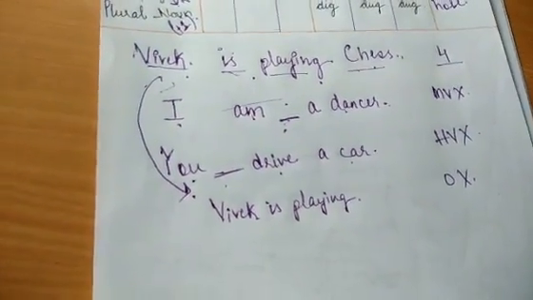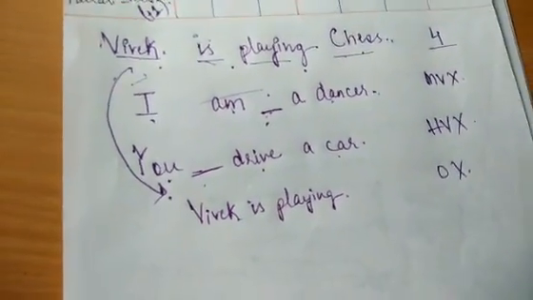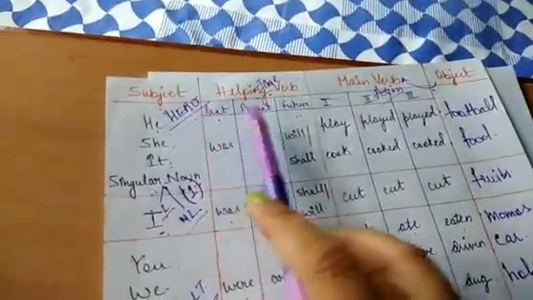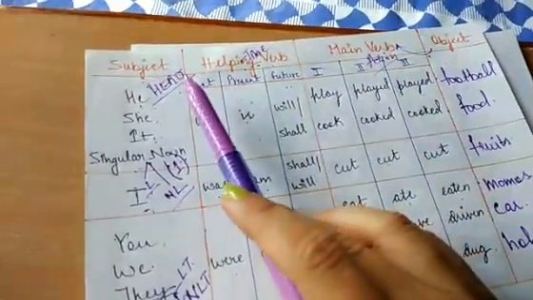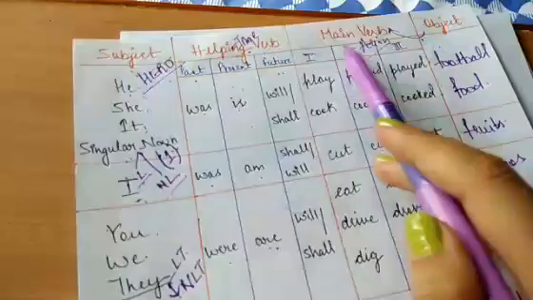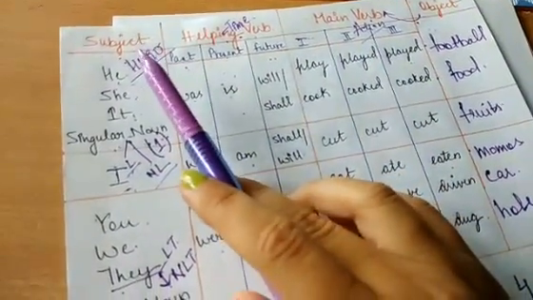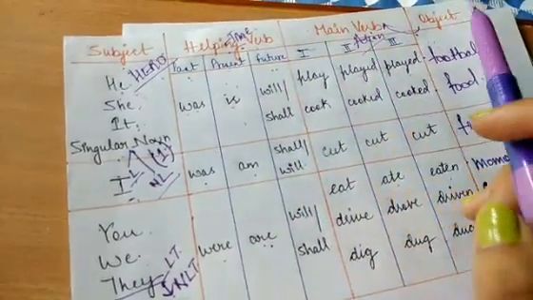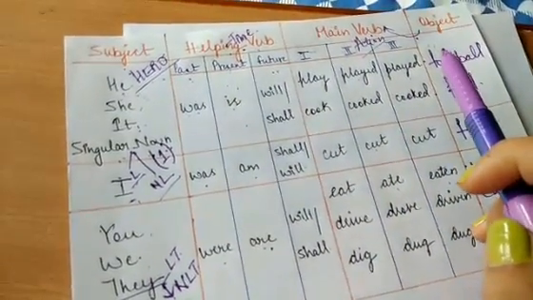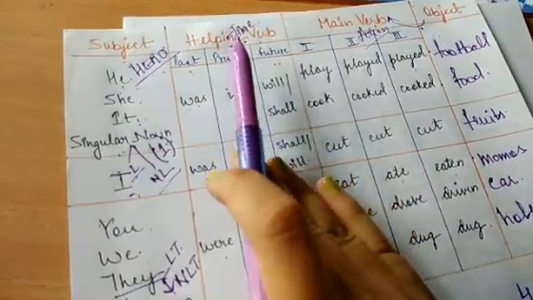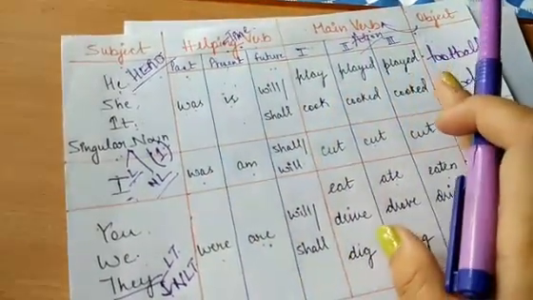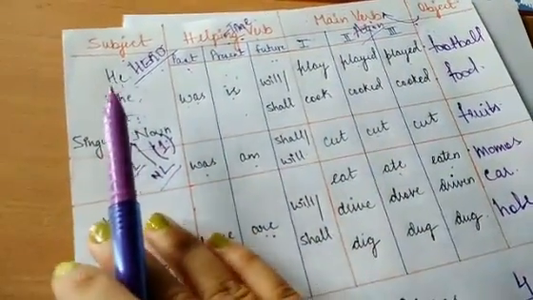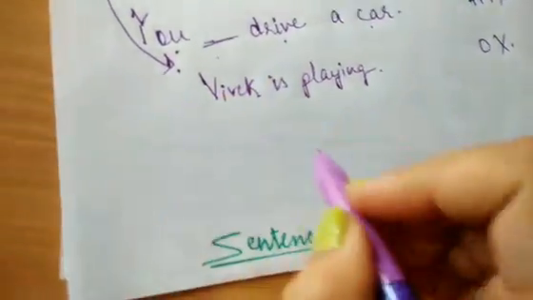So the conclusion is that a sentence is possible without any of the four parts also. A sentence does not necessarily need to have all the four parts. It can have subject, helping verb, main verb and an object. But it is possible to make a sentence without a helping verb, without a main verb, without an object or without a subject also. Taking an example of a sentence without a subject, I can say